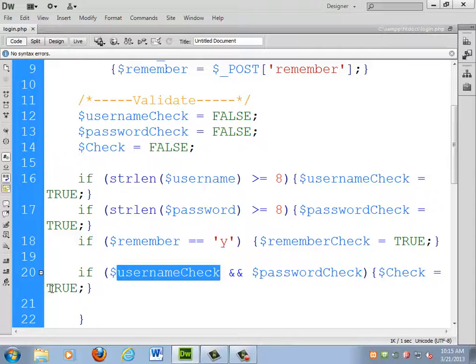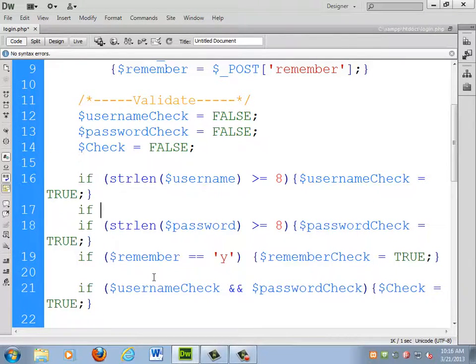Now it actually isn't the only check that we need to run, because at this point they could type the letters or the numbers 1 through 8 for both their username and password, and it would just let them in. Yay, they did it right, because that's the only check that we really have. The next level of this check is going to be to make sure that